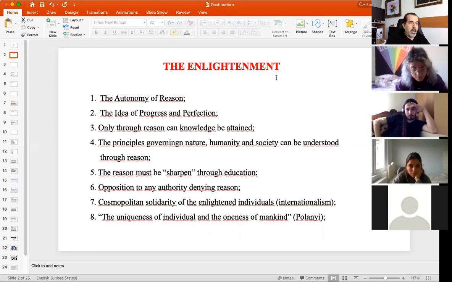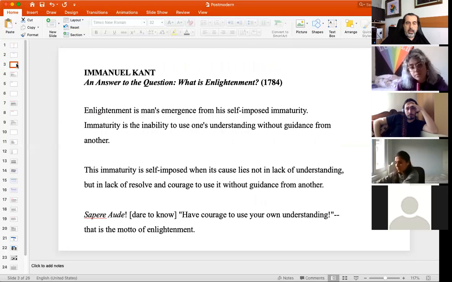This phrase is taken from Polanyi. So these are the basic ideas. So there's only one true answer for every question, and this answer can be found through reasoning, right? Reasoning is the most important faculty that a human being has. Through our reason, we can understand what's going on around us, around the universe, etc. So this is the basic idea, but there are also some, excuse me,